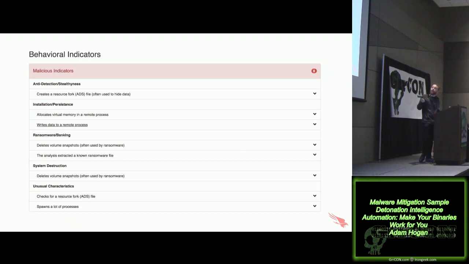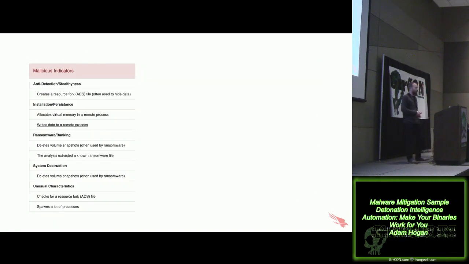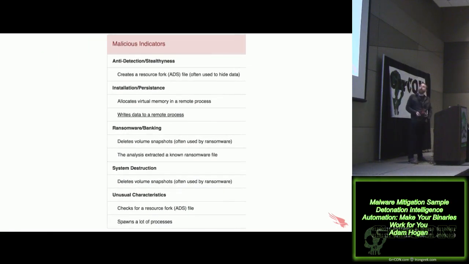This, again, if you had your hand up, is going to look awfully familiar. These are the behavioral indicators we're getting from the sandbox. So how we're able to determine what happened from a dynamic standpoint. It can actually go through then and drill into the report and get a whole lot more detail. Or in this case, it's going to be able to show you that it allocates virtual memory in a remote process. We see it writing data to that process. It creates a resource fork in order to hide that. So we can see it doing some nasty stuff to stealthily get persistent.